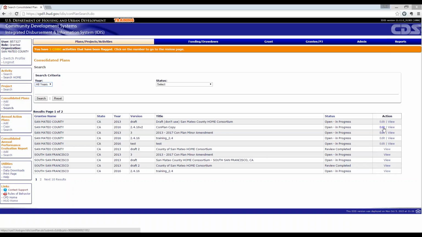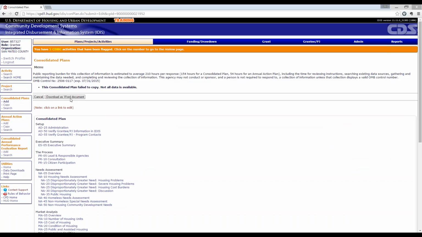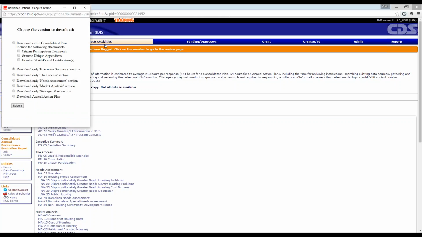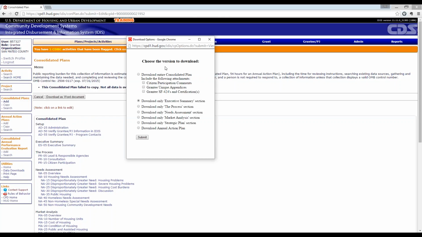One that I think might be the easiest if they don't have IDIS access, I'm just going to go ahead and open up this template, is that you can download the template as a Word document. Here from this link, you'll see you're able to download the entire plan or download a specific section, and that will download everything.